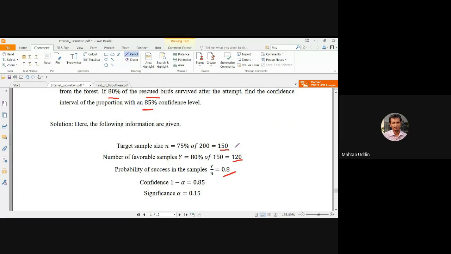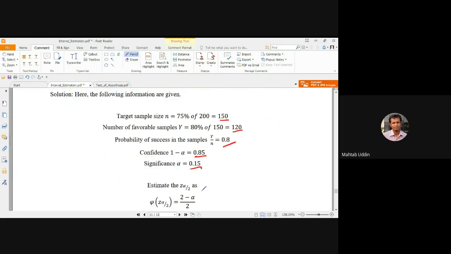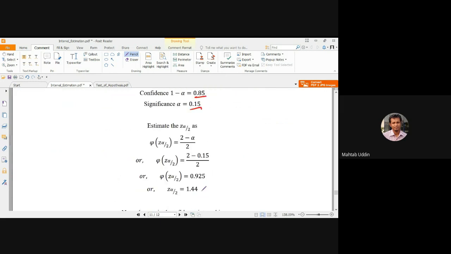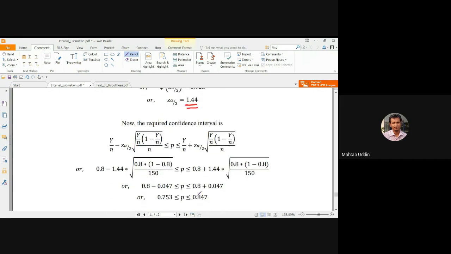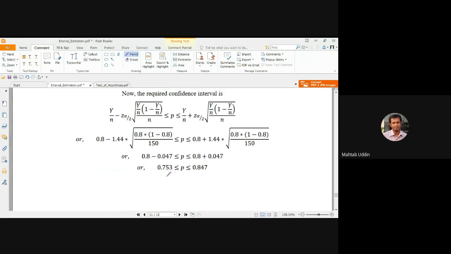Given we have to take 85% confidence interval, so 1 minus alpha is 0.85, so alpha is 0.15. Alpha is the risk here. So from the table, you will find the probability of 0.925 is 1.44. Then put it here, you can find the percentage minimum is 75.3%, and maximum